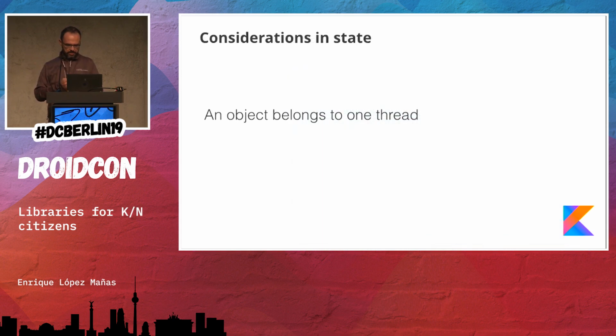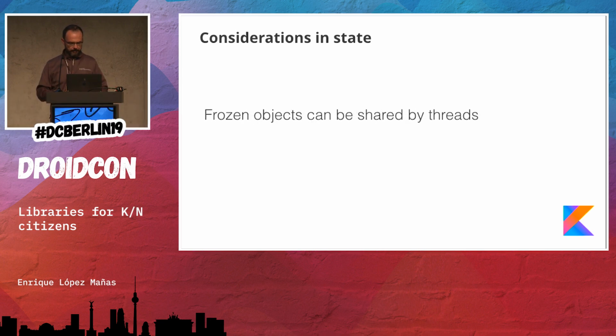Now, some considerations on state when using Kotlin Native. An object belongs to one thread. Who's happy about this? Is anybody happy? I think it's something very different. It's like when Kotlin says that all the classes are closed by default and you need to specify the open keyword in order to make them open. It's something that maybe, because we came from this other background, at least at the beginning is shocking,